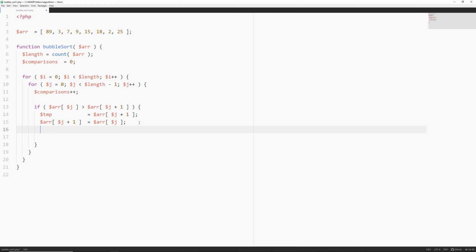Alright, so I'll go to the next line. And now what I want to do is j is going to be assigned the value of temp. So this is where all the magic happens right here. Pretty much we're checking to see if j, or in this case, let's say 18, is greater than the one ahead of it. So j plus 1. So that would be 2 right over here. So if that is true, then we're going to run this little swapping over here by creating a temporary variable,